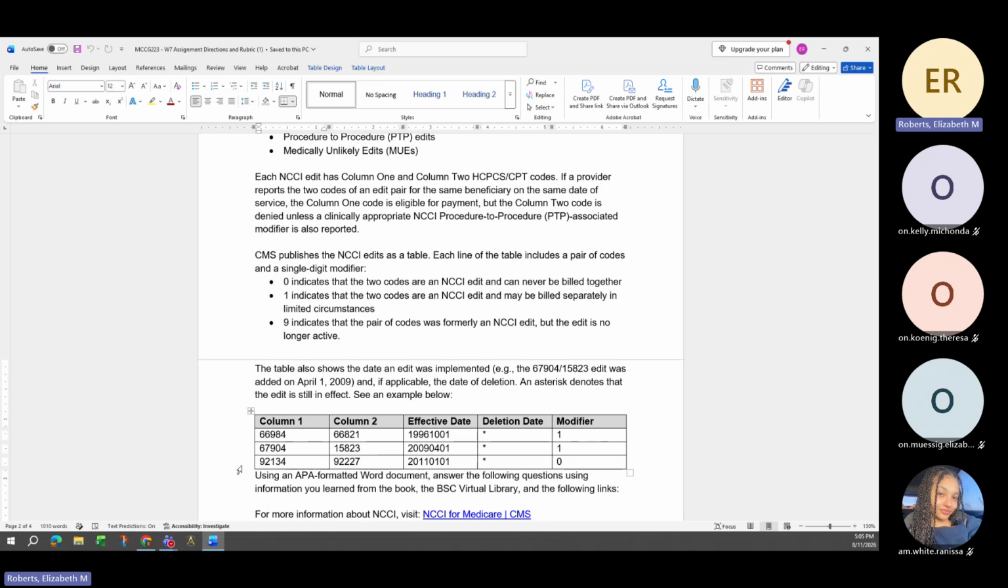It's based on edits and rules, right? And those edits and rules are based off of human beings actually determining this logic. So a human being goes through and looks at these two codes, for example, and says, there's no way. Actually, that's a bad example. Let's look at this bottom one, 92134, 92227. Our modifier is 0. Essentially, there's a human being that said, whatever these two codes are, there's no way that we could bill those together. They should not be billable